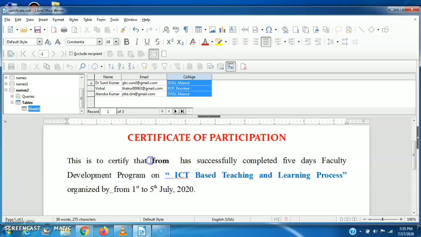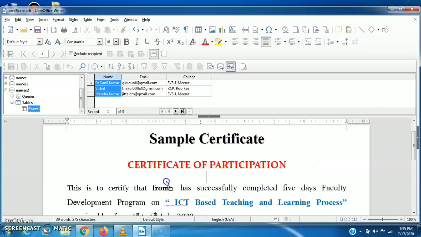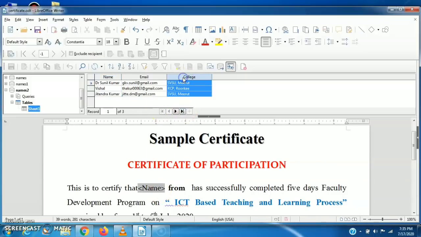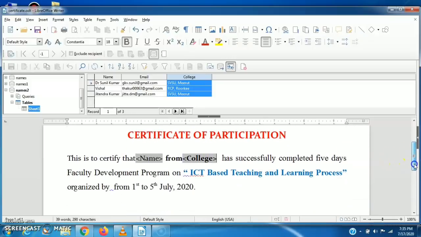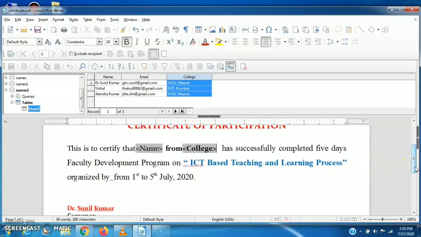So how will the name appear here? Simply click on this, drag it and put it here. Now we require the college name, so simply click on it, drag it and put it here. We can add any number of match fields.